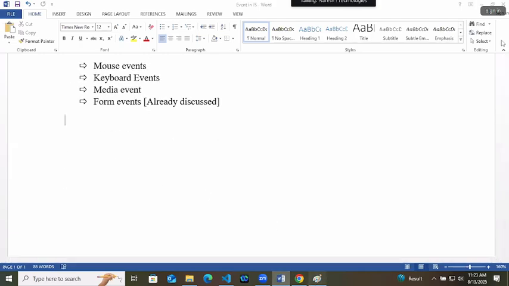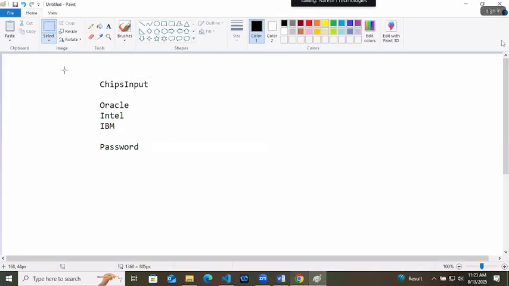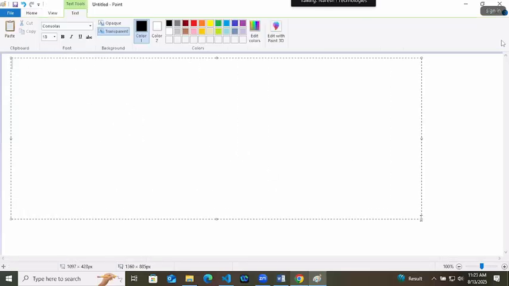So what do we have in the mouse events? How many events can we do by using the mouse? Commonly used mouse events, by using your mouse, how many things can you do? Click. We can click by using the mouse. We can do dblclick, which means double click.